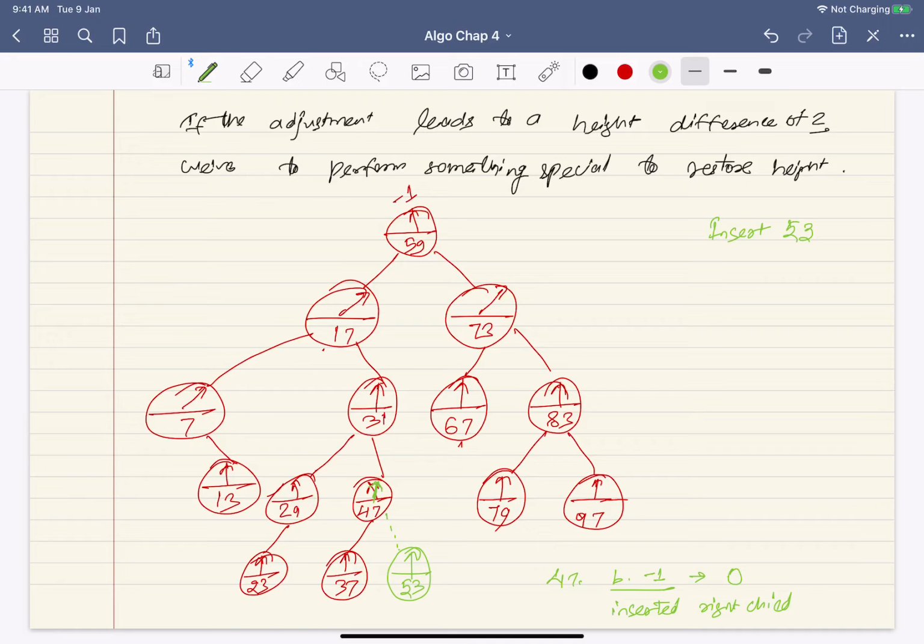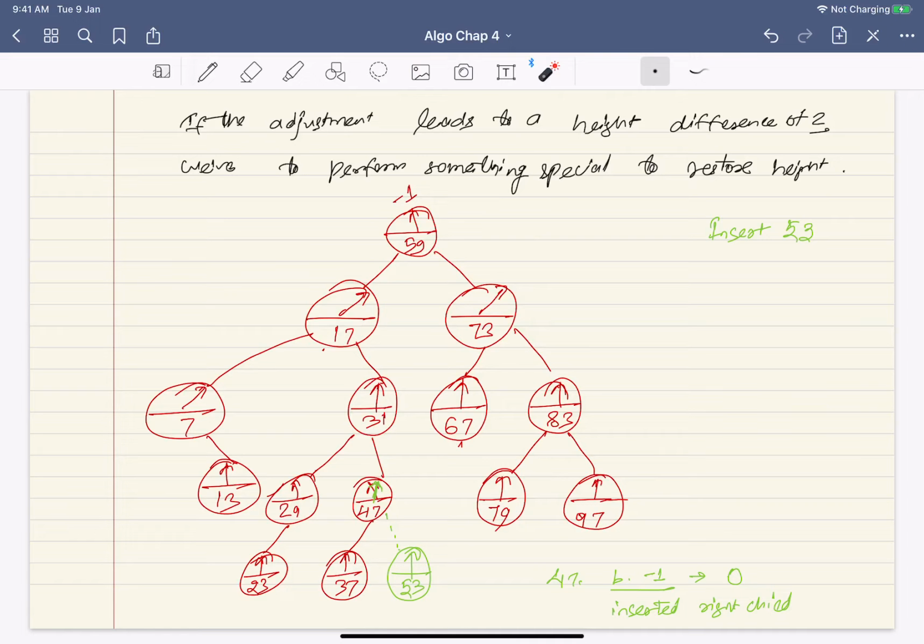a right child, so that means the height on the right will increase, so the balance factor will become 0. But the case could have been that this does not have a left child. So what would have happened? Earlier the balance factor would have been 0, and now you would increase by 1. So that means this is easy. So when you are traversing up, at the immediate next parent, you will increase the balance factor by 1 if it is a right child. Yes, if it is a left child, you will decrease by 1, because the height of the left subtree has increased.